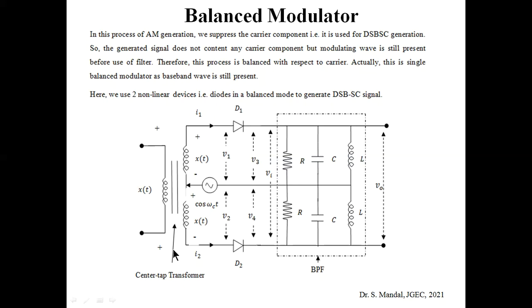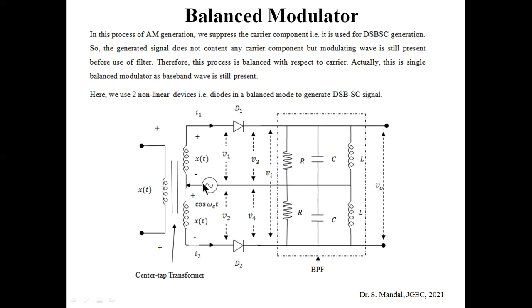There is a center tap transformer, on one side of which the message signal has been applied, and there is a carrier signal which is applied at the center tap of the transformer, and there is a diode that is placed across it. This is the resistance R,